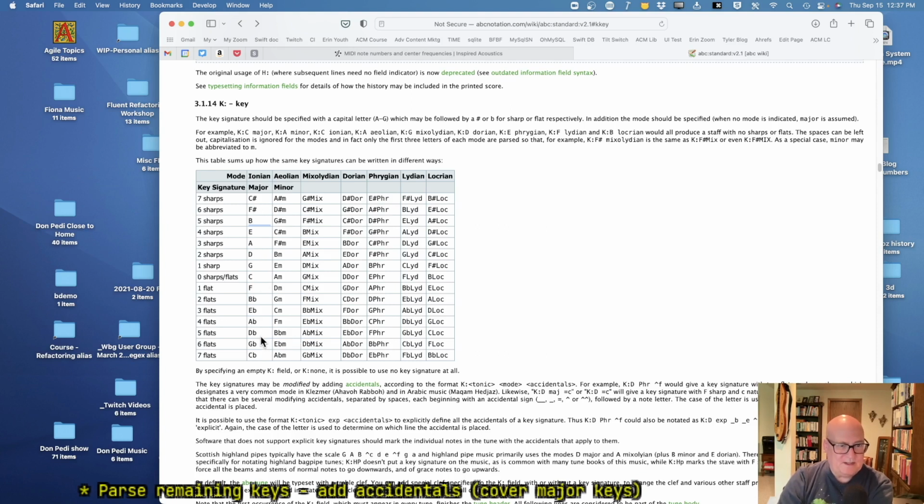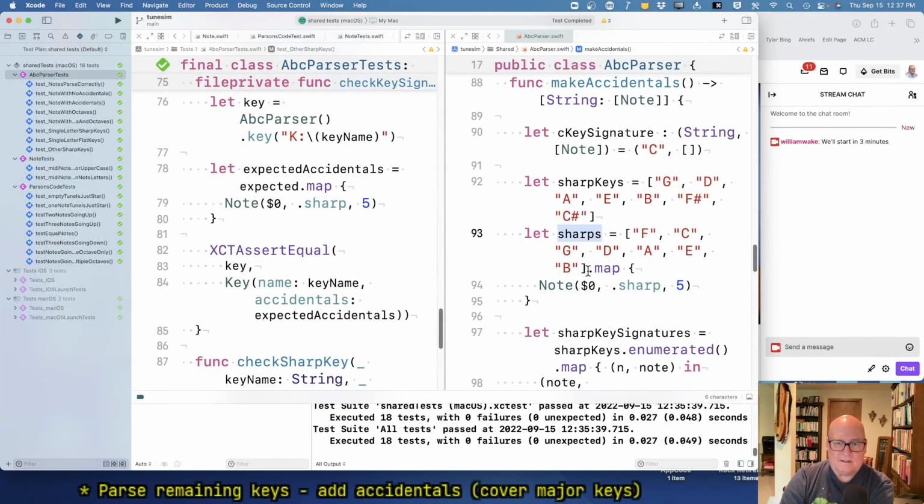So this list, F with one flat has B flat. B flat with two flats has B flat, E flat. With three flats, B flat, E flat, A flat. So with flats, you kind of look to the next key to give you the flat names. But B, E, A, D, G, C is the backwards order of this. B, E, A, D, G, C, F. Okay, so these aren't sharps so much as they're